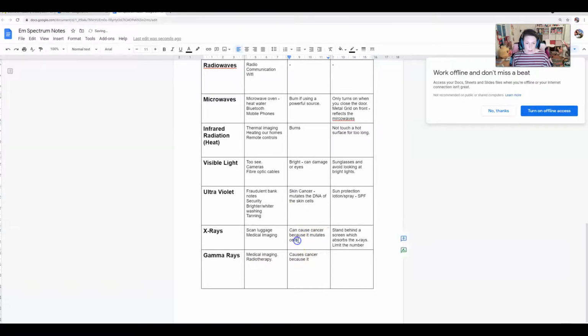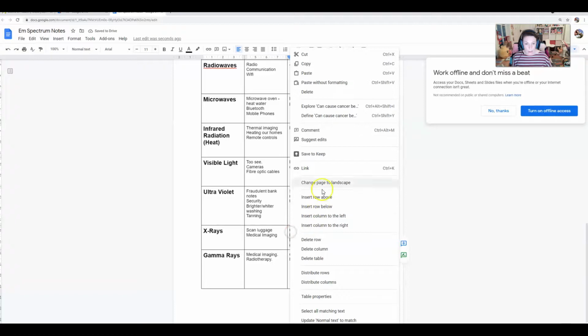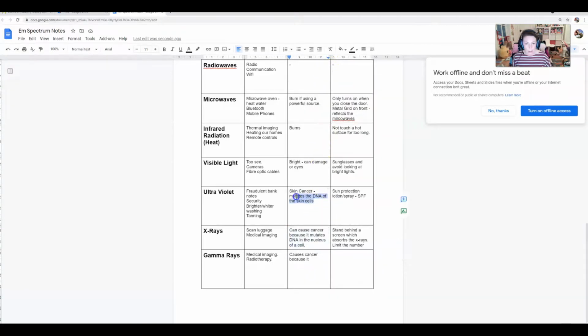When I say mutates cells, let me write that better, because the biologists will not be very happy with me. So it mutates DNA in the nucleus of a cell. And that mutation then causes the cancer, or can cause cancer. Let me just pop that in here. So those are all the same. So again, you need to limit the amount of gamma radiation